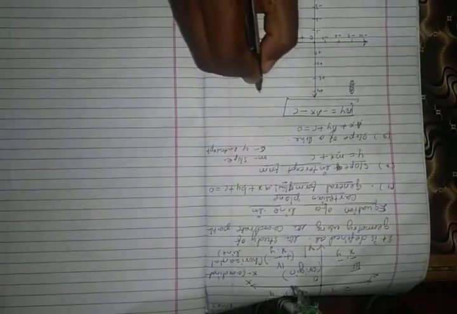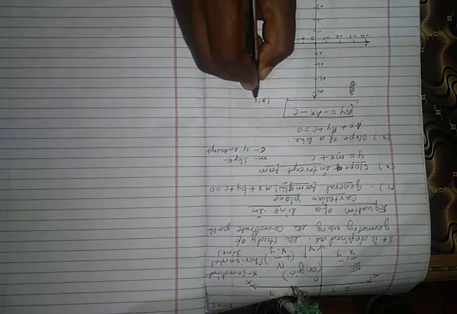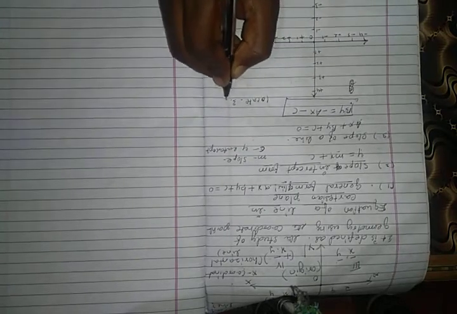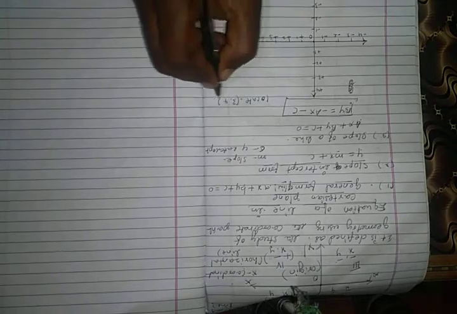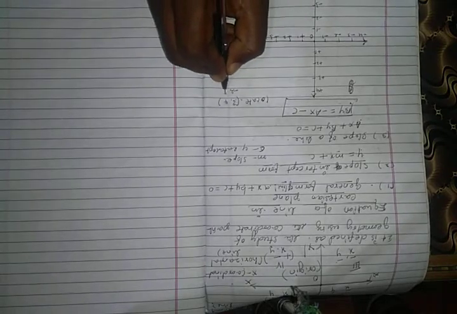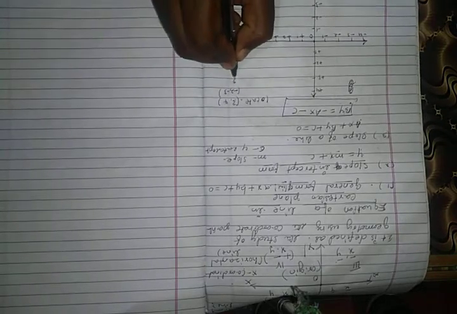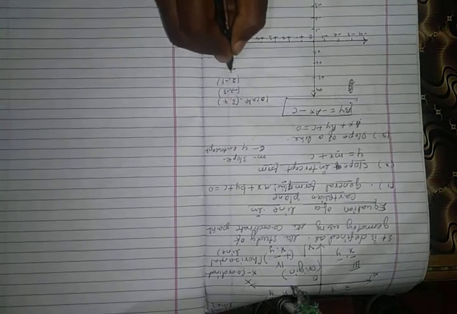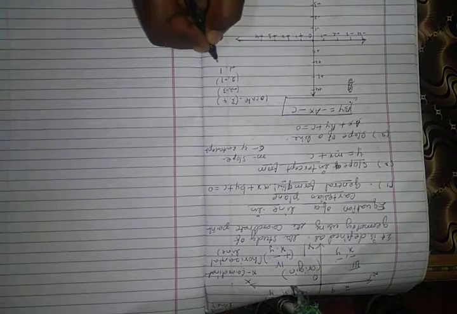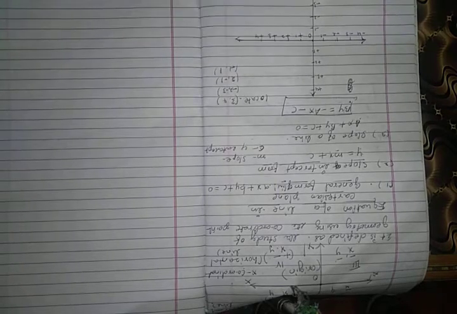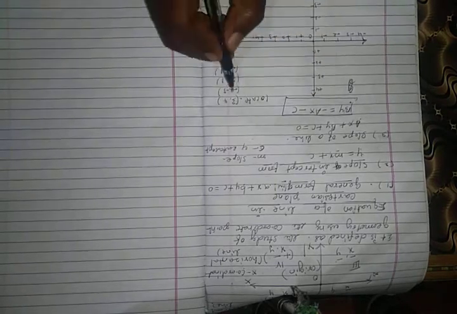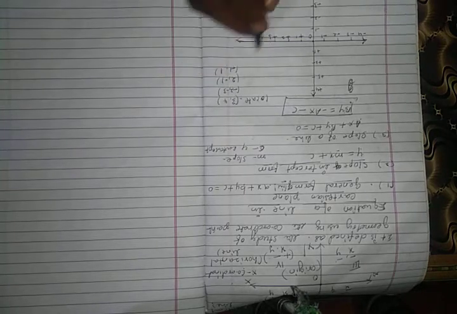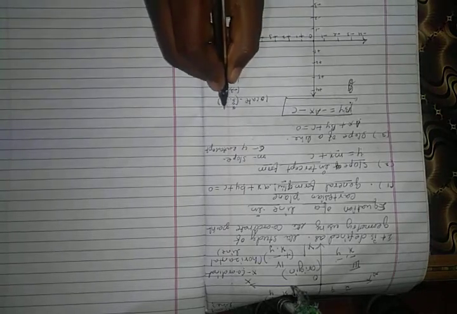First, locate the points (3, 4), (-2, -3), (2, -1) and (-1, 1). So locate these 4 points on the Cartesian plane. First I am going to locate (3, 4). What is x and what is y?